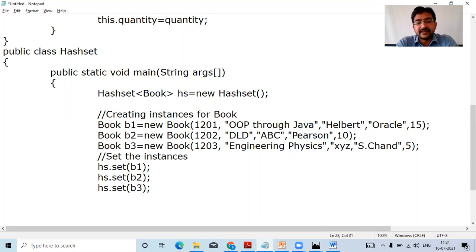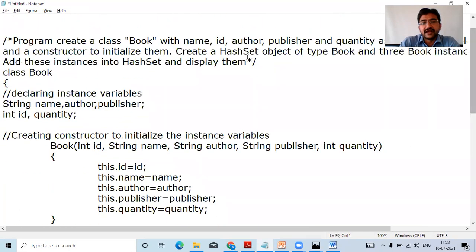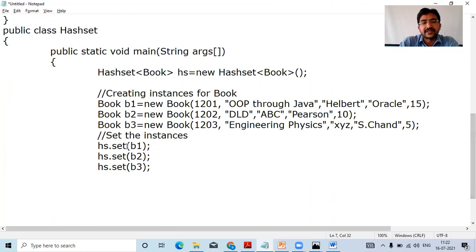So we have to create the Book set object. Now we have created a hash set object of type Book, and we have created 3 instances, and we added these instances into the hash set. How to add that one? With the help of this.